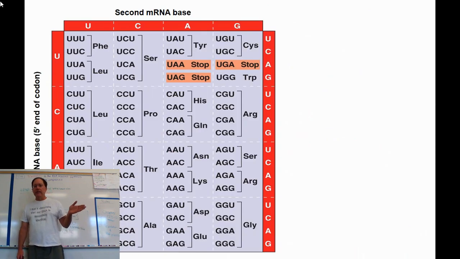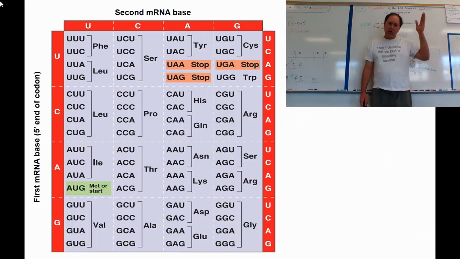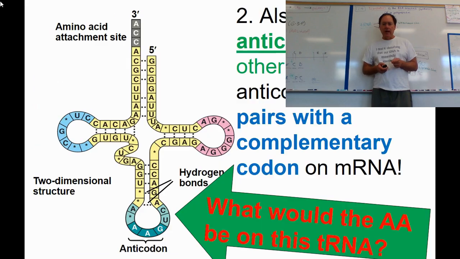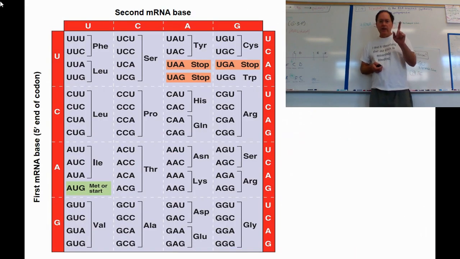Now, if we look at a codon chart, on the far left side it says first mRNA base, and that's a U, right? So let's go over and find where the U's are. Let's go back and make sure we have this right. It's going to be U, U, C. So it's going to be U. Where are the U's? Okay, find the U's. Okay, great. And then find the second U, U, U. Okay, I see that. And then C.